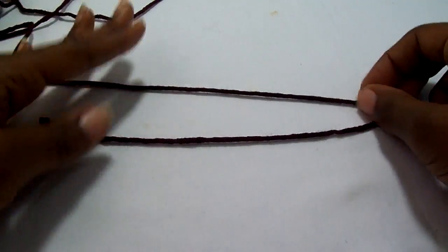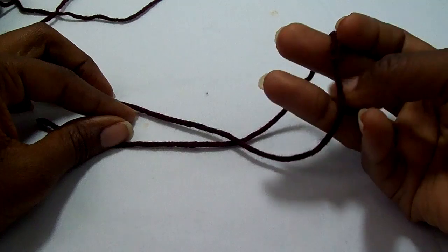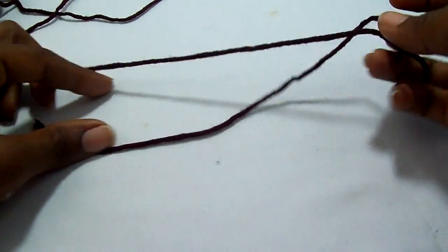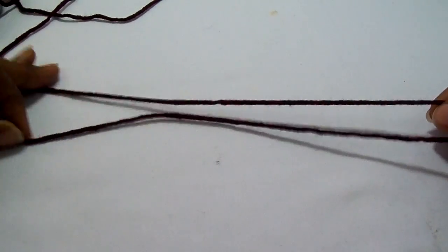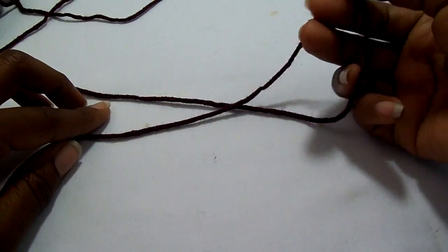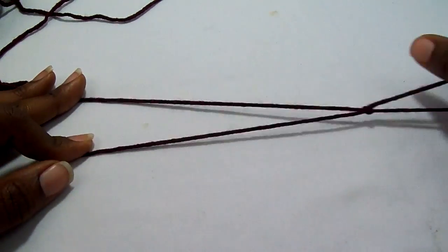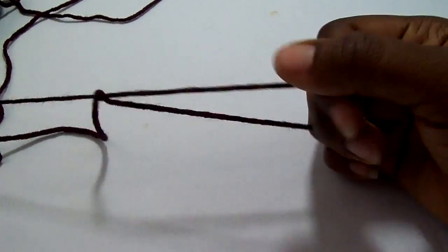Okay? So here we go again. We're going to fold it, twist, grab between your index and your thumb, pick up your working yarn. Oh wait, of course it won't. Look, I'm going to show you that again. You want to fold it, twist, and the way you want to twist it is twist it away from your body, so that when you grab your working yarn, it will actually cause it to make the slip knot. So here we have a slip knot, and now you're ready to begin